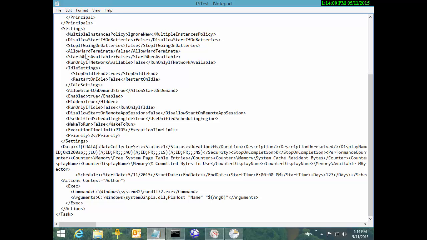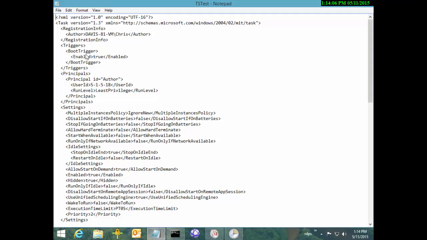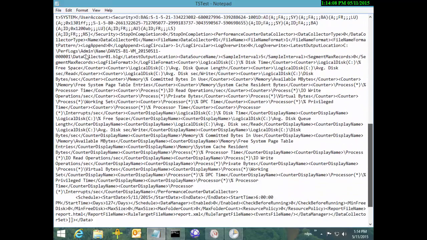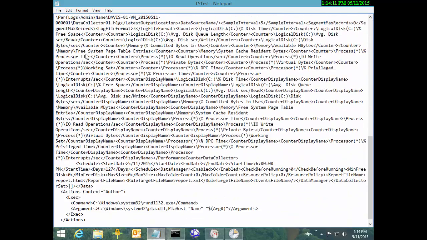So yeah, data collector set, status 1, duration, description. Let's turn on word wrap. Yeah, looky there. There's all my counters. Check it out. Right, so I don't have row set on this machine. We'll get into that a little bit more later, but you can see, wow, I could export this one scheduled